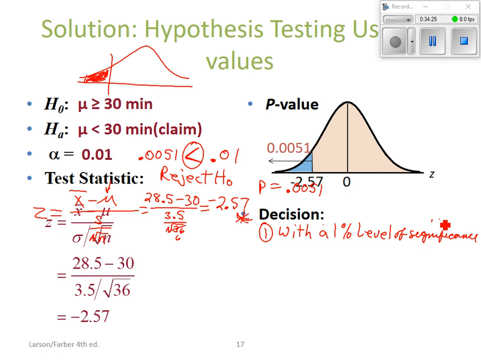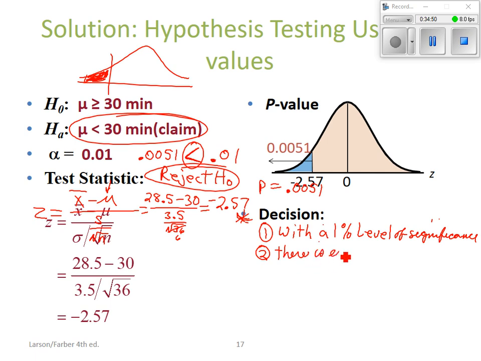And we look up, we rejected the null. The HA was the claim. So we would look at reject the null, and the HA is the claim. We look at this box right here. It says there is enough evidence to support the claim. This is our second thing. With a 1% level of significance, there is enough evidence to support the claim that